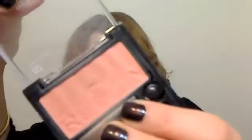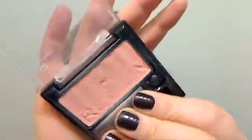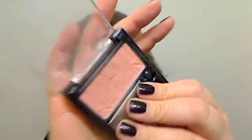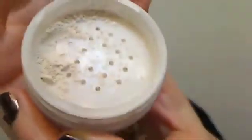Then what else? I use very seldomly this peach color by Revlon because I think it's too matte. So I don't know if you can see that it's peach, yeah. So I put this also inside, and maybe also if it's too dark I would put some powder. This is a Kiko powder that I have, and it's very finely milled, and it's white. So I put that all together, smush it all up and stuff, and then what I do is I take